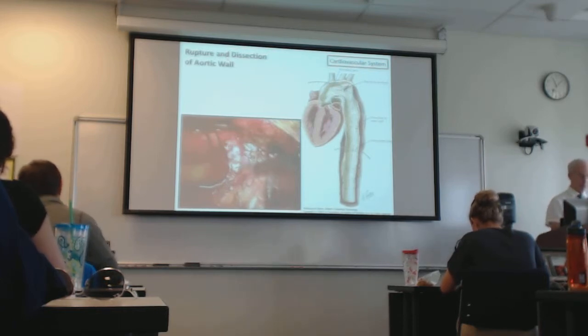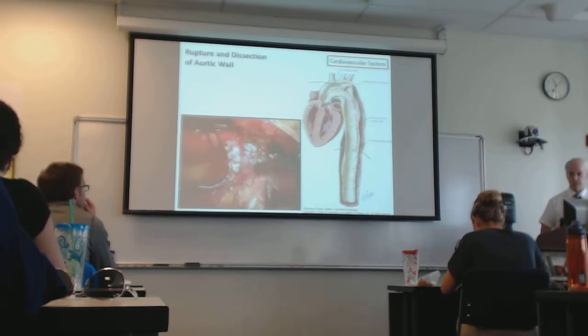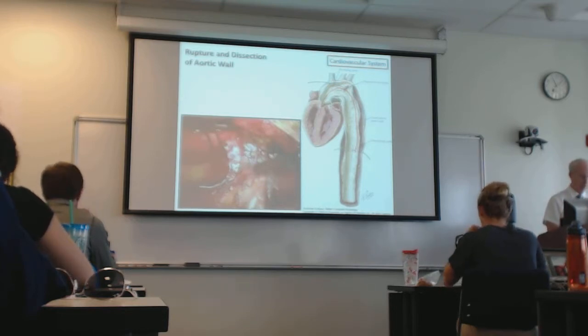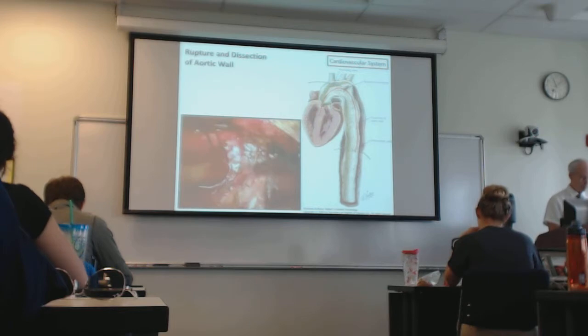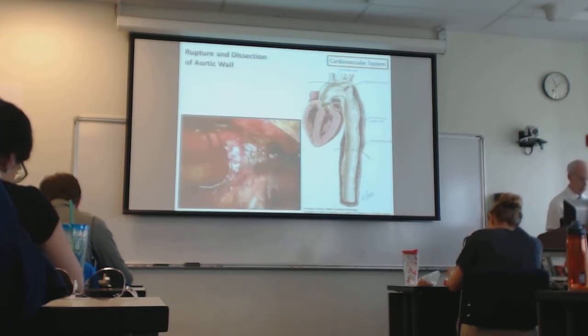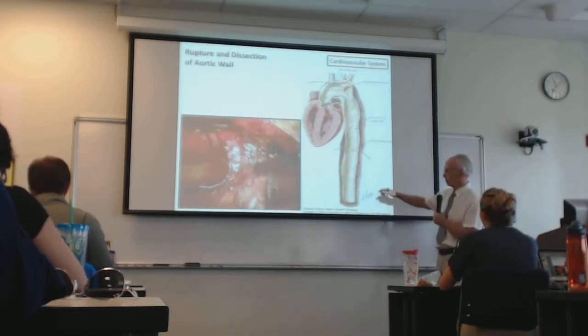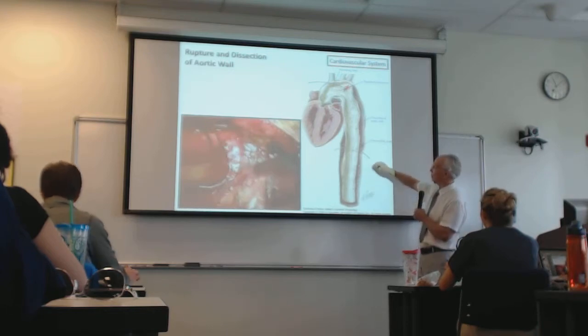Now, if you look at our illustration over here, you can see the heart. We talked about the coronary arteries. We'll come back to those in just a moment. Here are the BCS vessels at the top there. We'll talk about those in more detail later. But that aorta then is going to arch over and then usually descend on more or less the left side of the midline of the body, vena cava on the right, aorta on the left, into the abdominal cavity. Now, in this particular instance, you'll note that there is an opening up here in what's called the tunica intima. So, like your blood vessels, all the other arteries that you have coursing through your body,